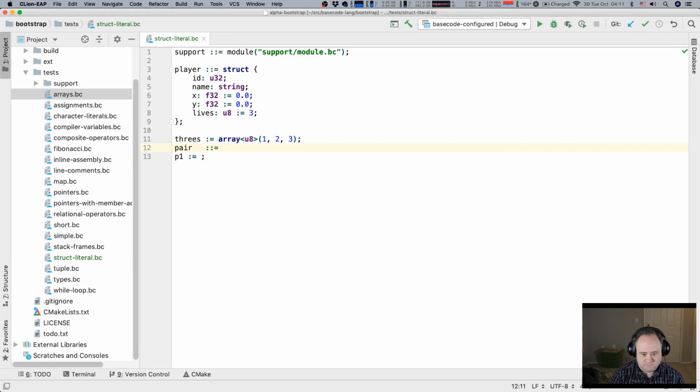It's interesting. And then eventually we'll have maps.